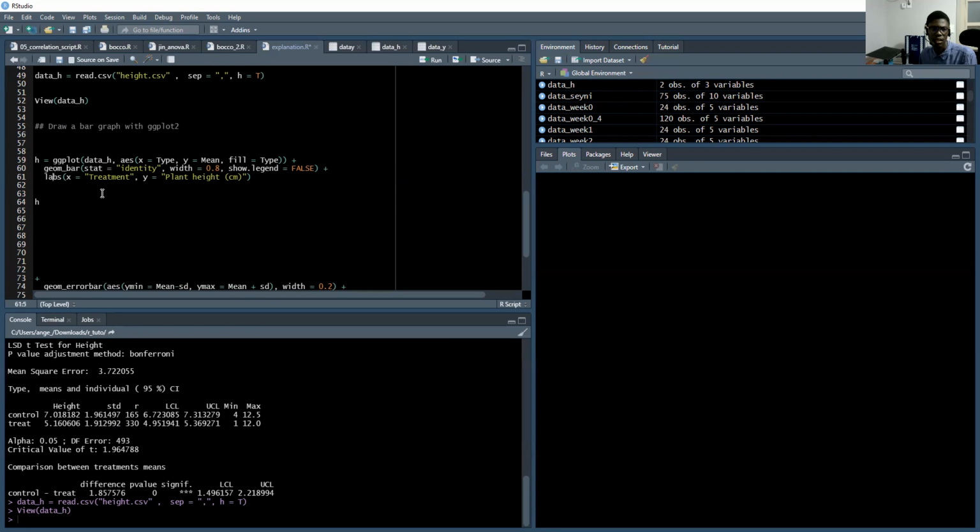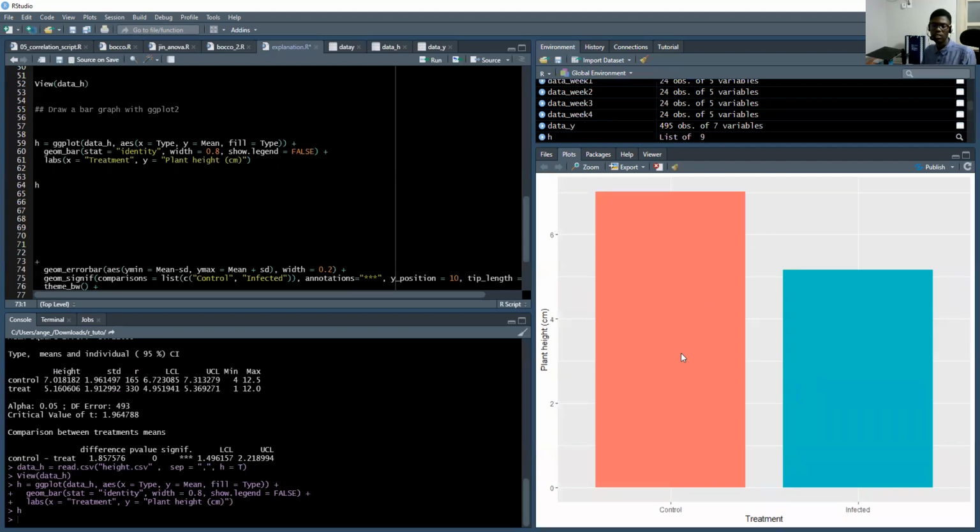And then we also have the option to write the x-axis title, as well as the y-axis title. So here we provide treatment and plant height as the x and y-axis titles respectively. So we will run this,